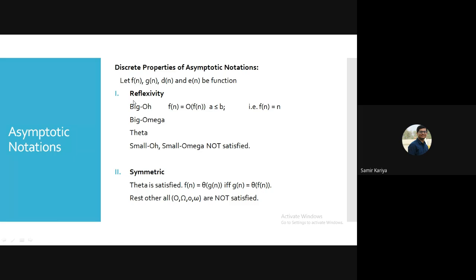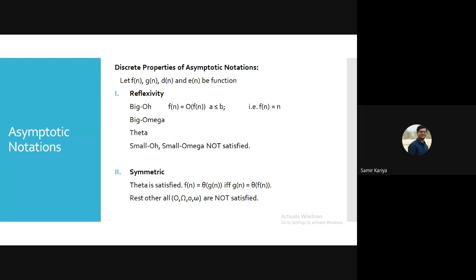See, this kind of property question will be helpful in competitive exams and grade exams. Okay, so it's not an easy one, but in our theoretical exam, you just have to find the answer for the given function. The function is given and you have to write the answers. Okay. Now next one, second property, symmetric. Symmetric, that means both ways the same. So that's only theta, because theta is the tight bound. The reverse thing you cannot write for all other notations like big O, big omega, small omega.